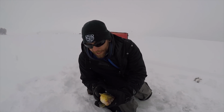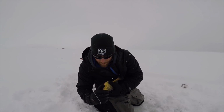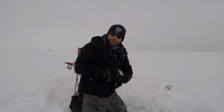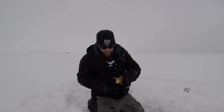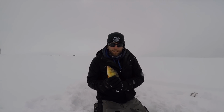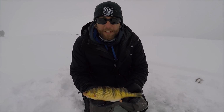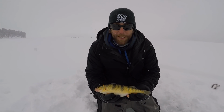It's really humbling. Just in the last few days we've been here, we haven't had much success. Been bouncing around a lot, trying to talk to people, get reports on where they're locating fish and where they're catching them. We're right out here off of Sugarloaf Island, where we ended up locating these fish, and so we're just gonna keep grinding it out. Hopefully we can keep getting numbers of these guys and make a cool video out of